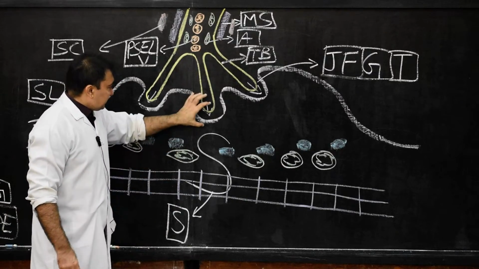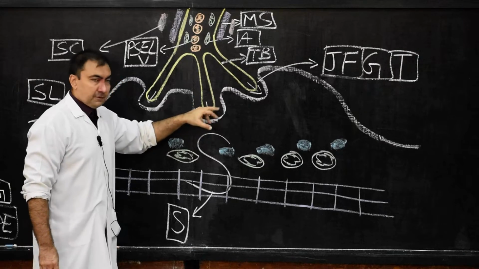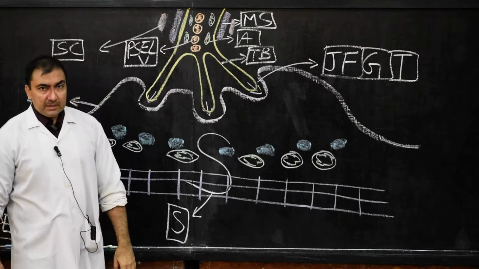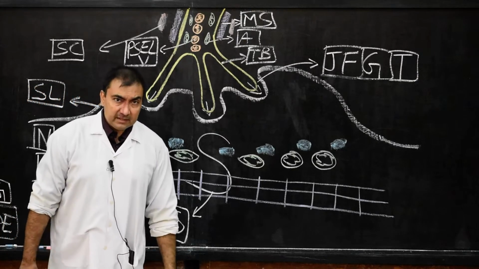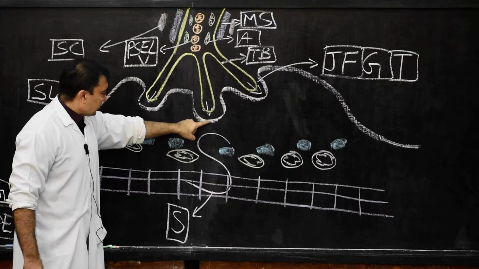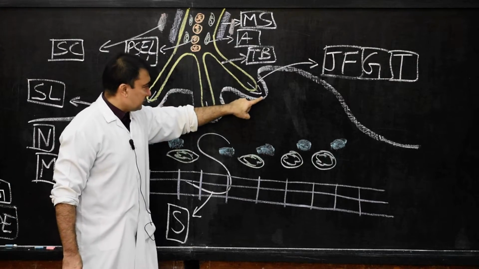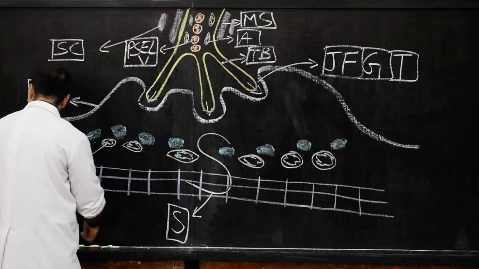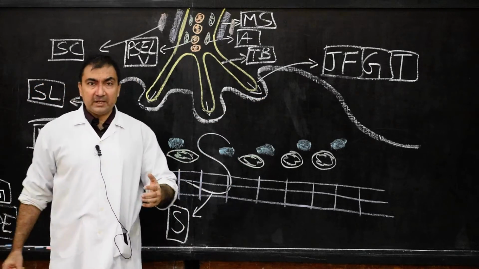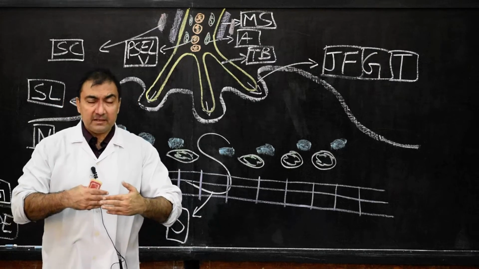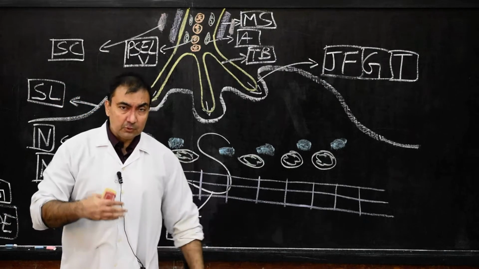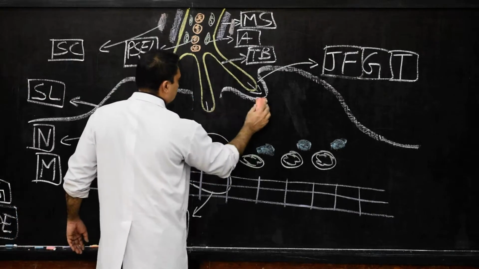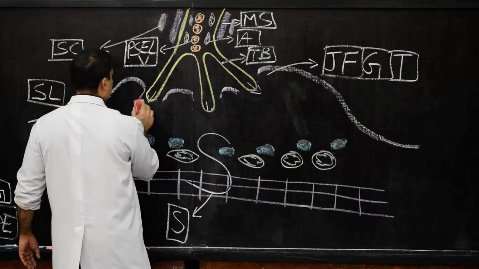Now, very interesting, if we come to these troughs or gutters or junctional folds, we should note down one interesting thing: the sarcolemma which is lining these junctional folds is arranged in parallel folds. And how are they arranged in parallel folds? They are arranged in such a way that they will be in a palisade manner.